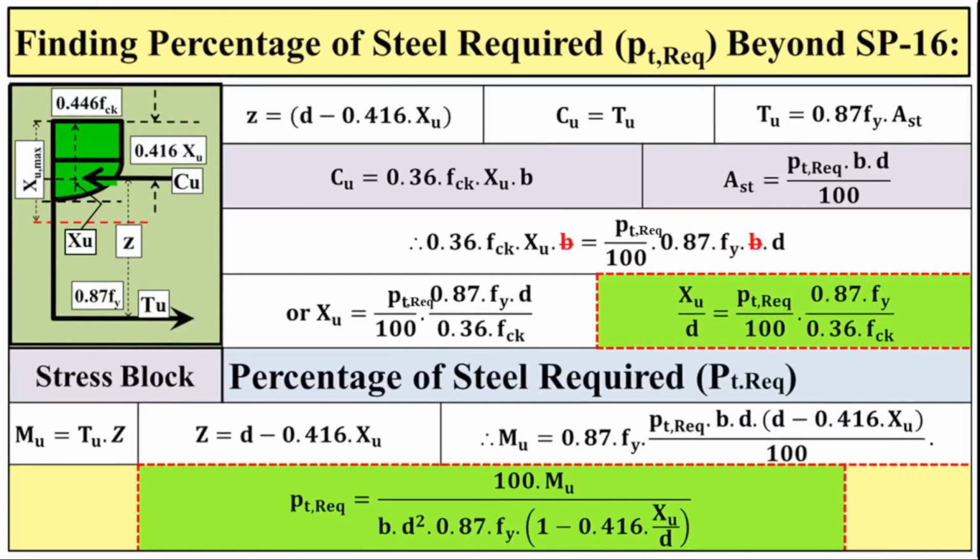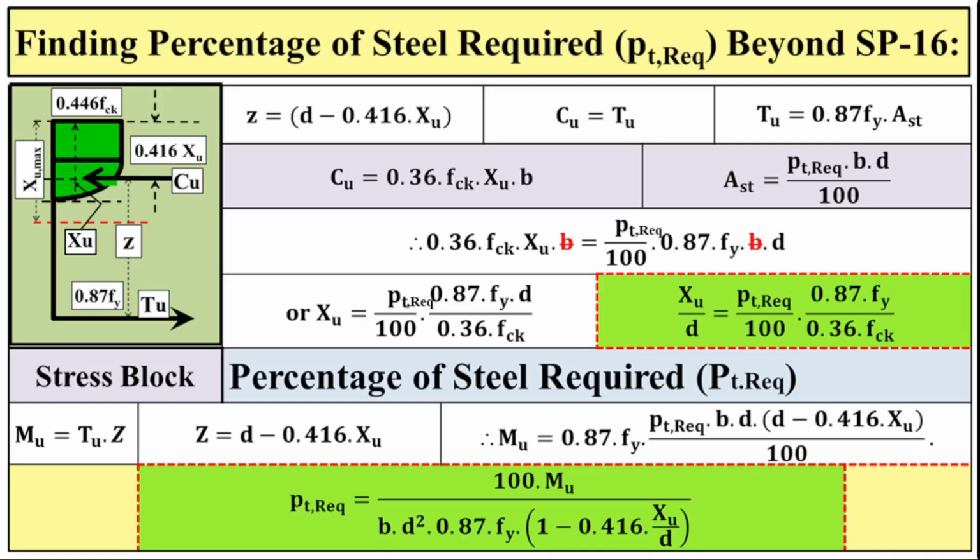This slide explains how to find the percentage of steel required, denoted as PT REQ, and the ratio of the neutral axis depth to the effective depth, denoted as XU by D. Given that compressive force Cu equals tensile force Tu, we have Cu equals 0.36 FCK into XU into B. Tu equals 0.87 into Fy into AST, where AST equals PT required into B into D by 100. Equating Cu and Tu,